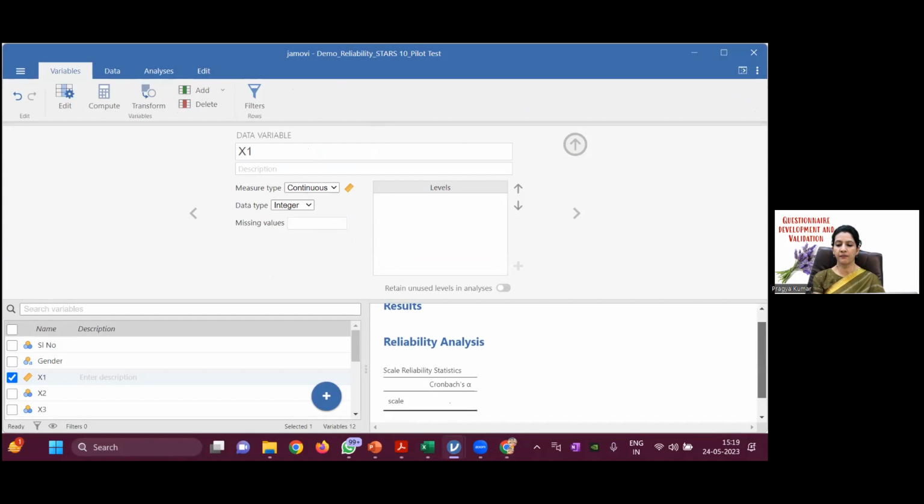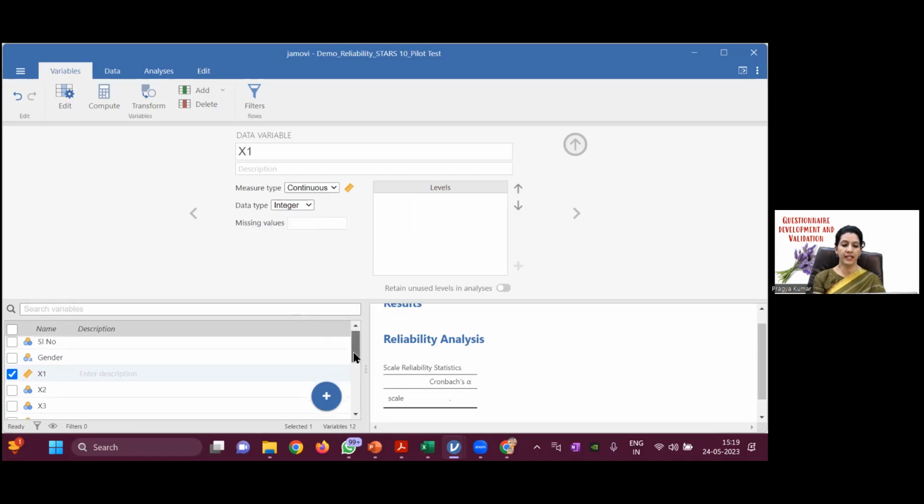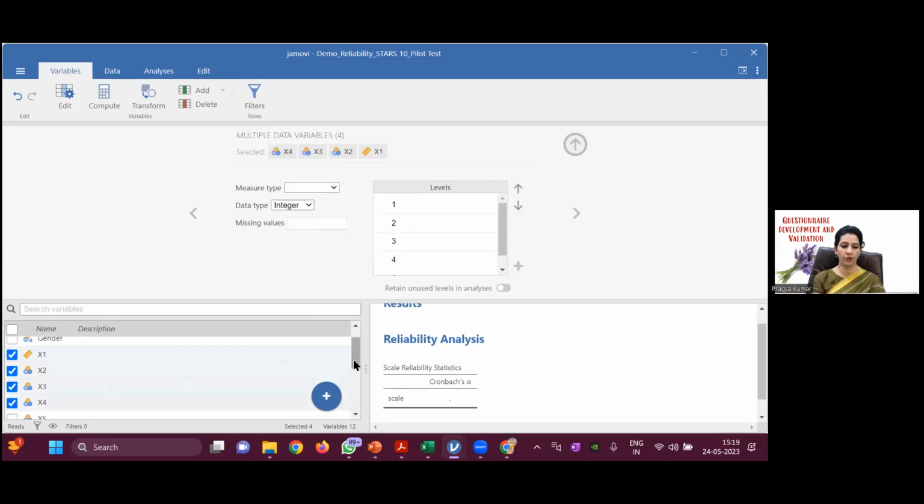So when you import the data from Excel, you should check these things. I'll select all the variables, because if you see the measure type, you should change it from ordinal or nominal to continuous. So I've changed it to continuous because I'm assuming that this is a scale variable. The data type could be decimal, text, or integer, but I'm making it integer. And then I can select all the items together, X2, because I want all of them. So you can select all the variables,